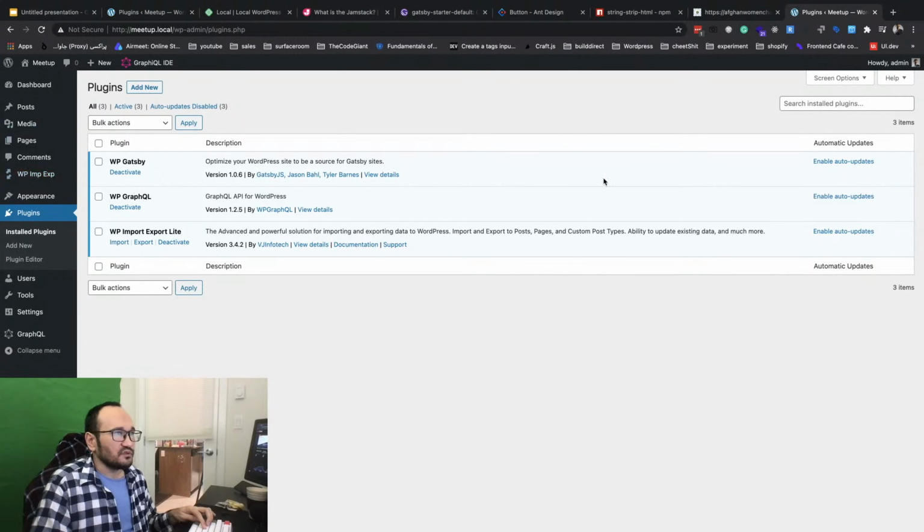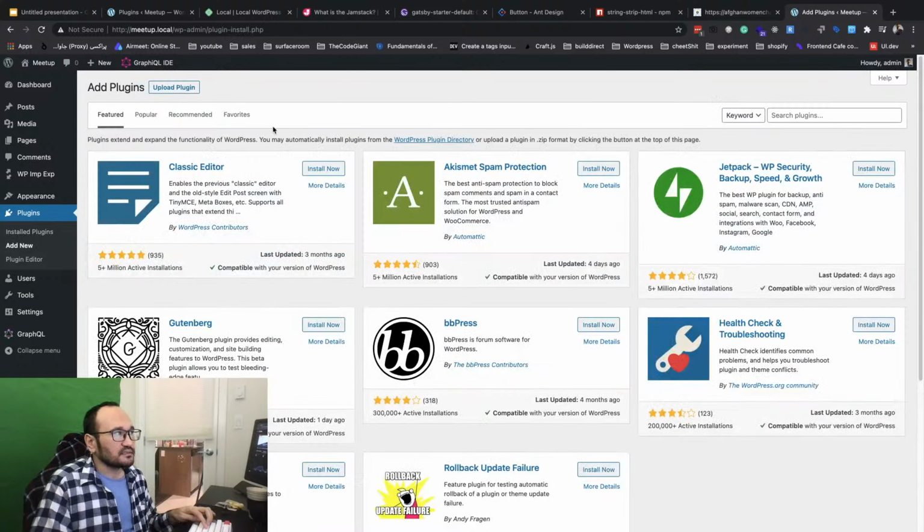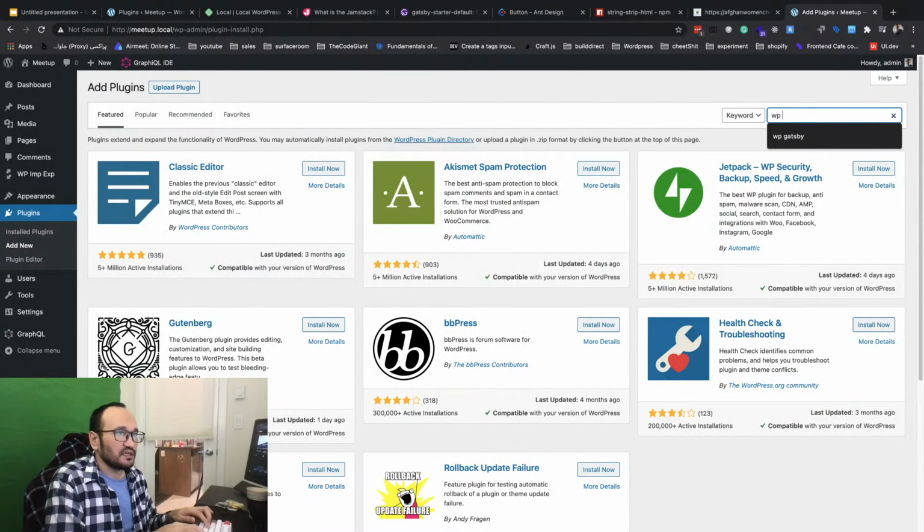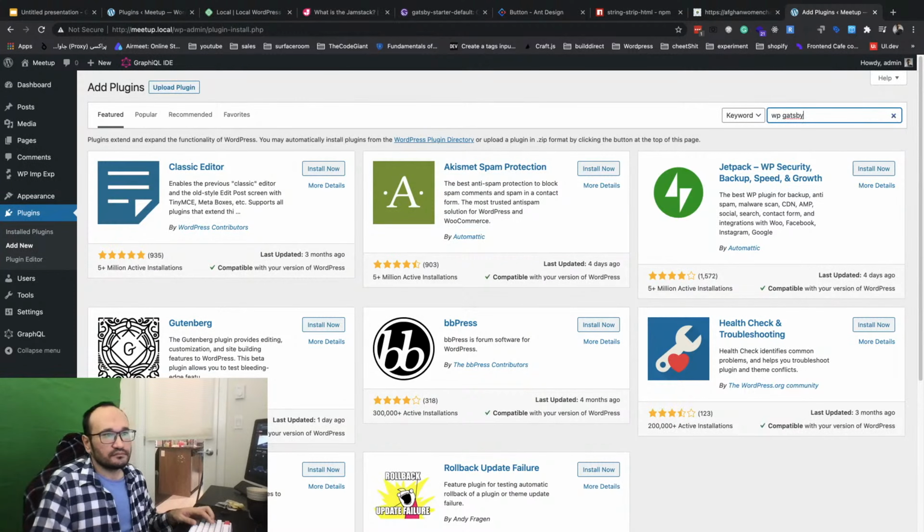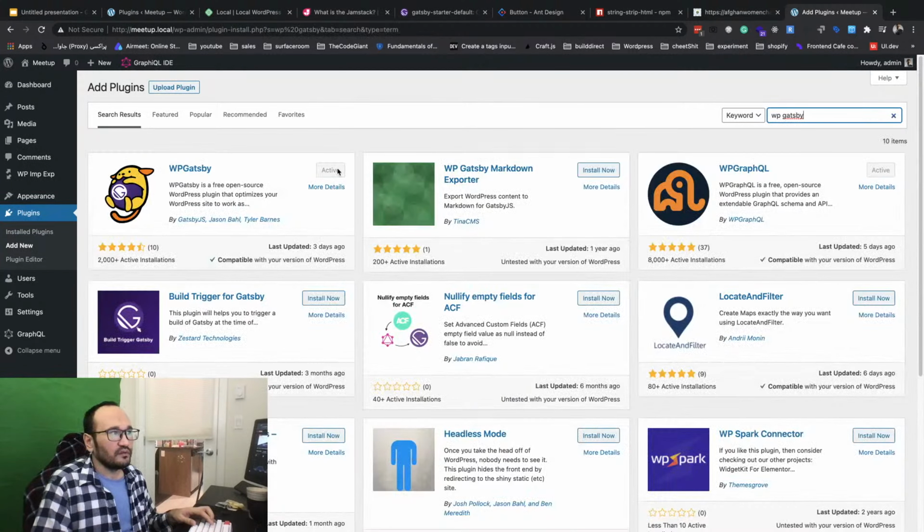It's very easy. You go to the admin dashboard, click on Plugins, and then click Add New. Then you search for WPGatsby, and you'll see those two plugins you have to install at the beginning. So yeah, the first one and the second one.